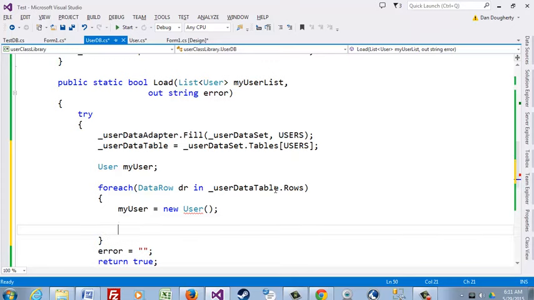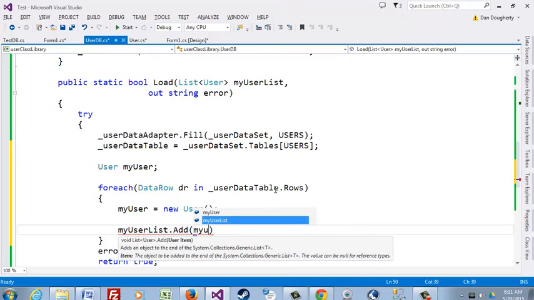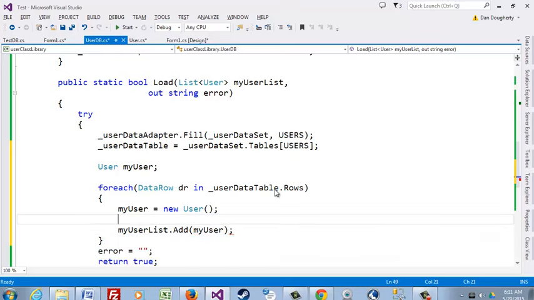Now I'm going to have to fill it up, and then finally what I'm going to do is I'm going to say my user list.add, and I'm going to add that user back. All right, so that's the concept, and now in between here all I have to do is